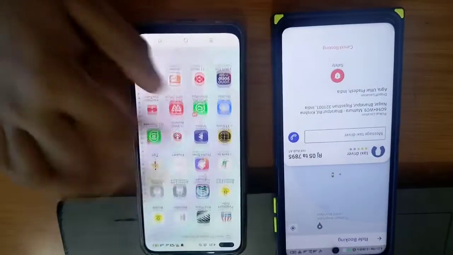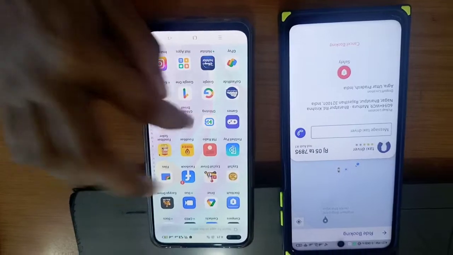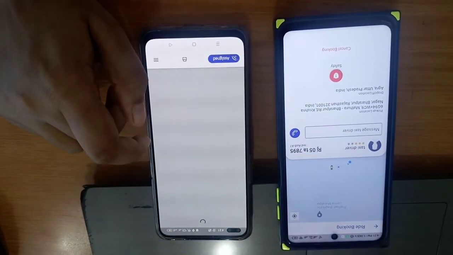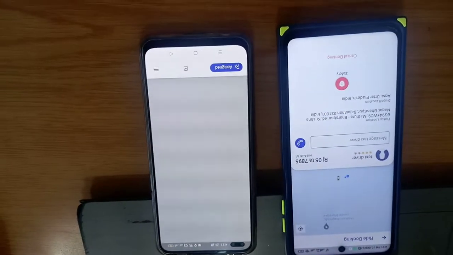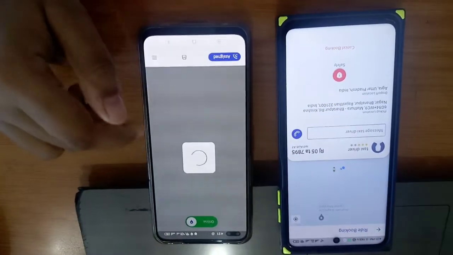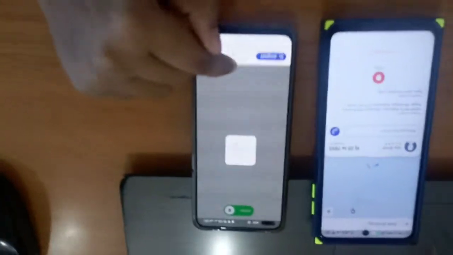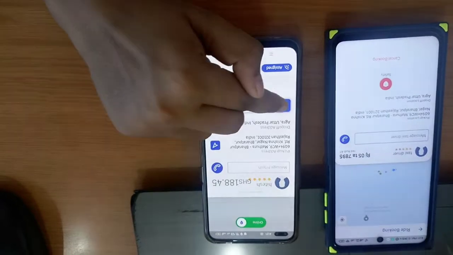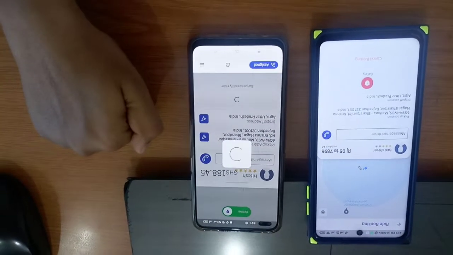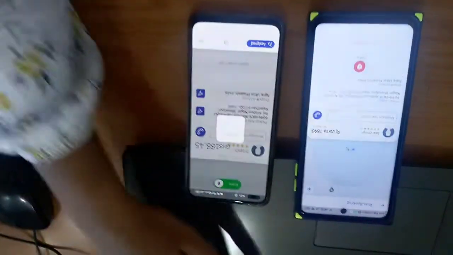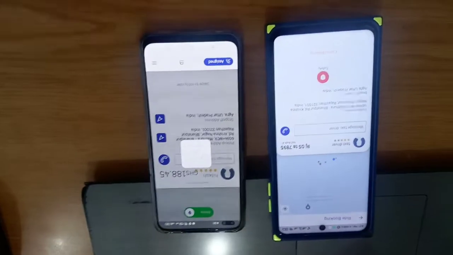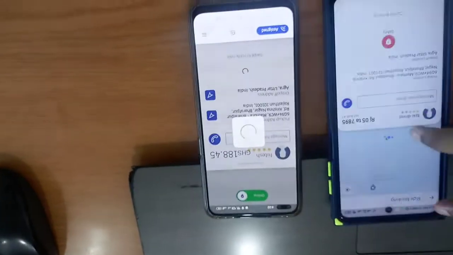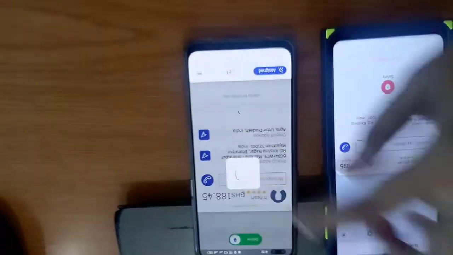So let me again open the driver app for you. This is the driver app. And this is the booking he just got. Now I will click on arrived. Like this.